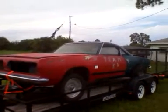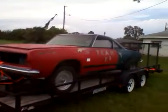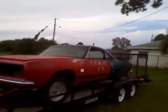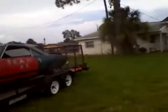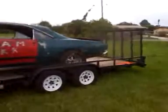So I don't know what I'm going to do with it. I don't know if I'm just going to put some little patches here and there, give it a quick paint job and relist it or what. My buddy's kind of looking for something to bring to the drag strip too. Throw a big motor in it and go up, and he's more of a Chevy guy, but you know,